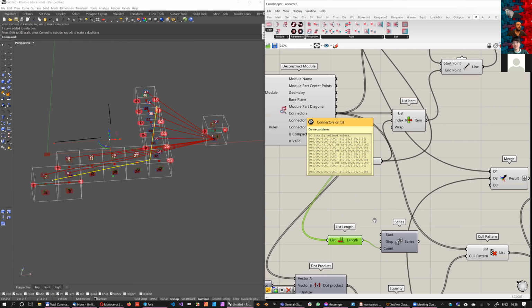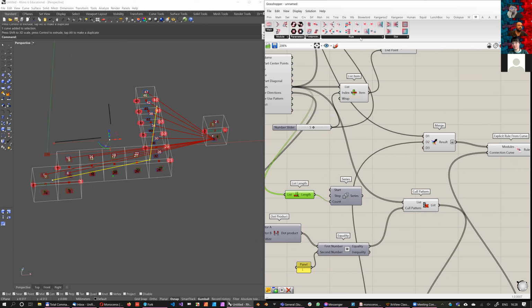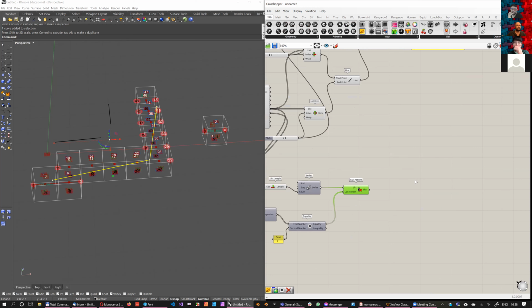Okay. So here I've got numbers of the connectors that are pointing upwards. So it's number 1, 6, 10, 14, 18, and so on. Here I know that the one pointing downwards is number 5 for the other one. And then I can create a rule, actually a lot of rules. I can construct explicit rule. So it needs a source module, which is the one that I have here. So this is the source module. It needs the indices of,